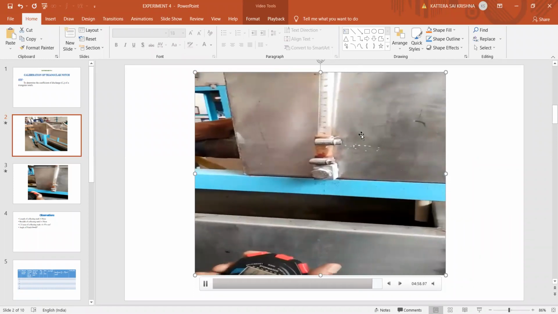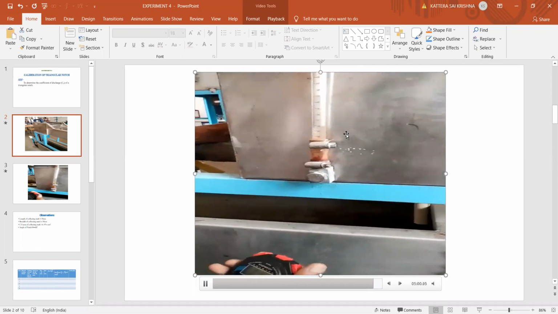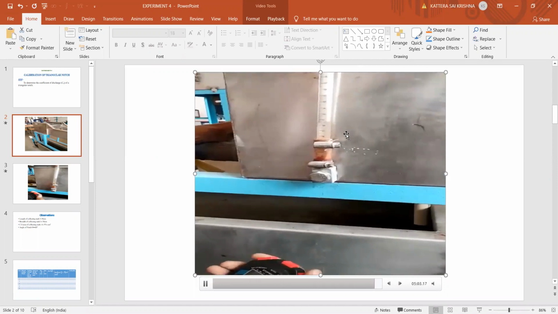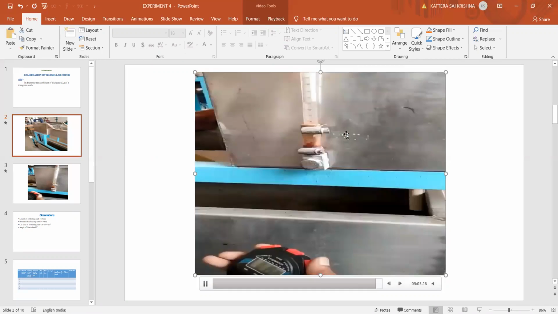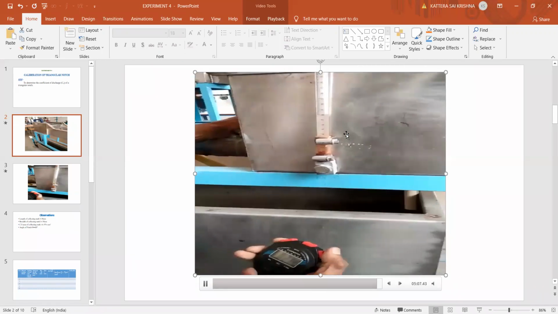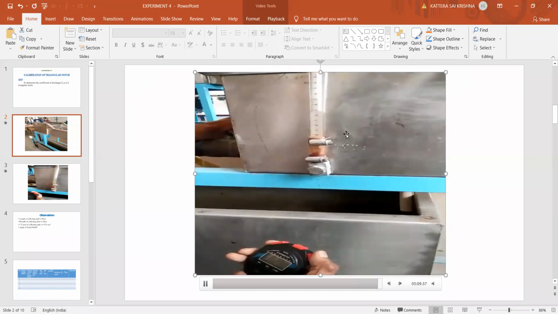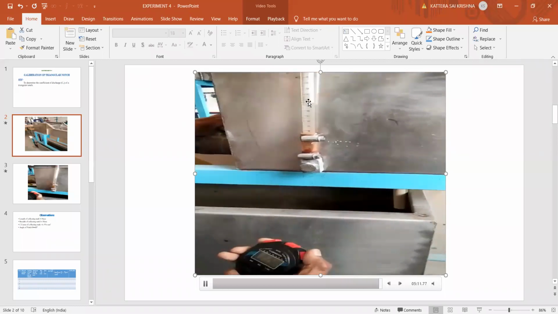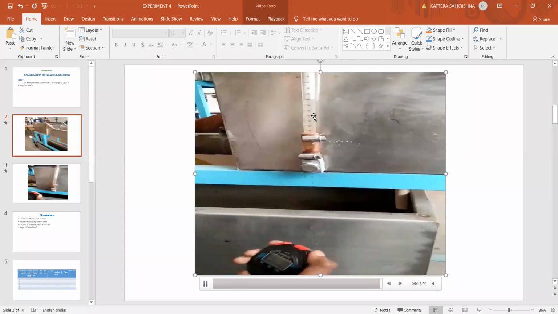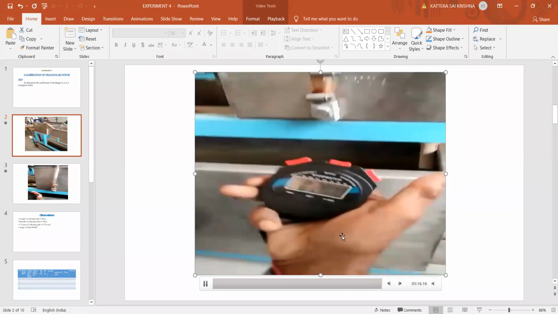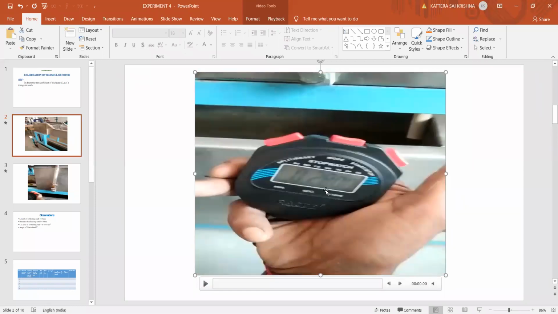Okay. So this collecting tank is next to your notch. After the notch, there is a small hole in the plate. From that plate, the water will be collected in the collecting tank. Now see the water level is increasing in this tank. So we need to calculate the time taken there. So this is the time taken for only 5 centimeters rise. So for double, if you take 10 centimeters rise, the time will be doubled. So that we need to calculate.